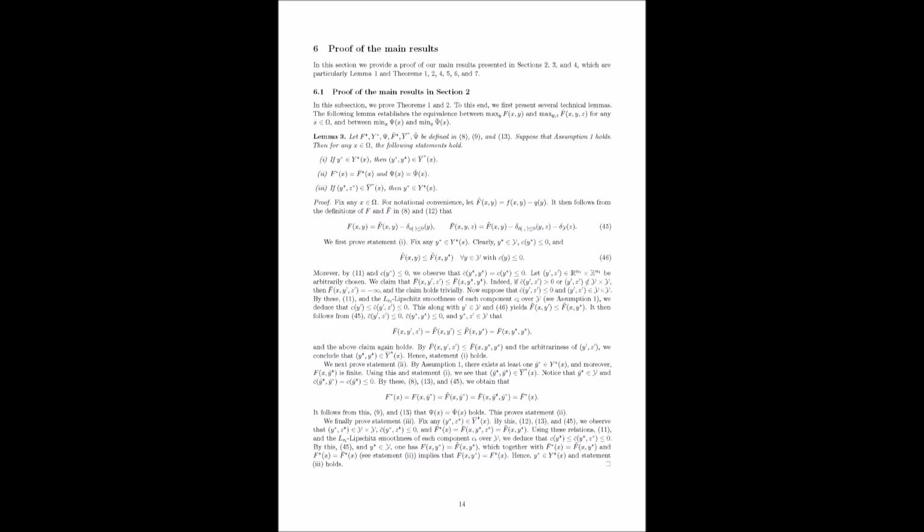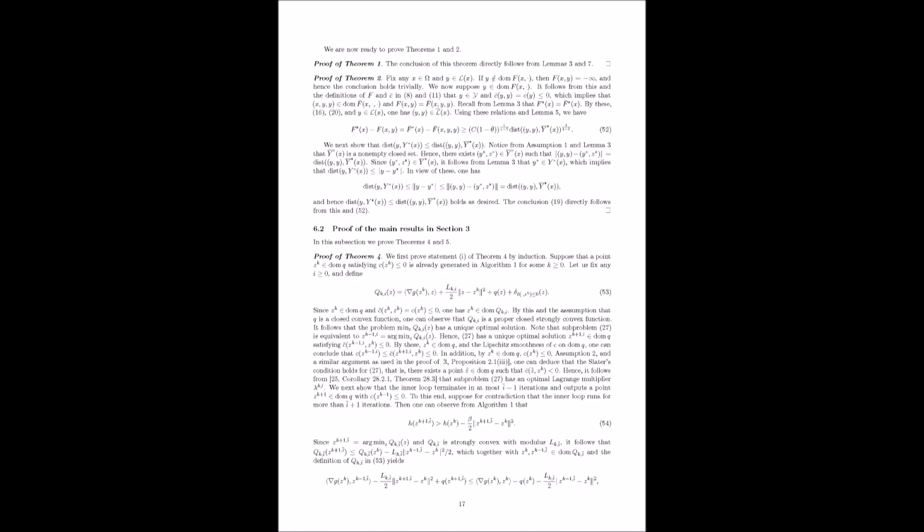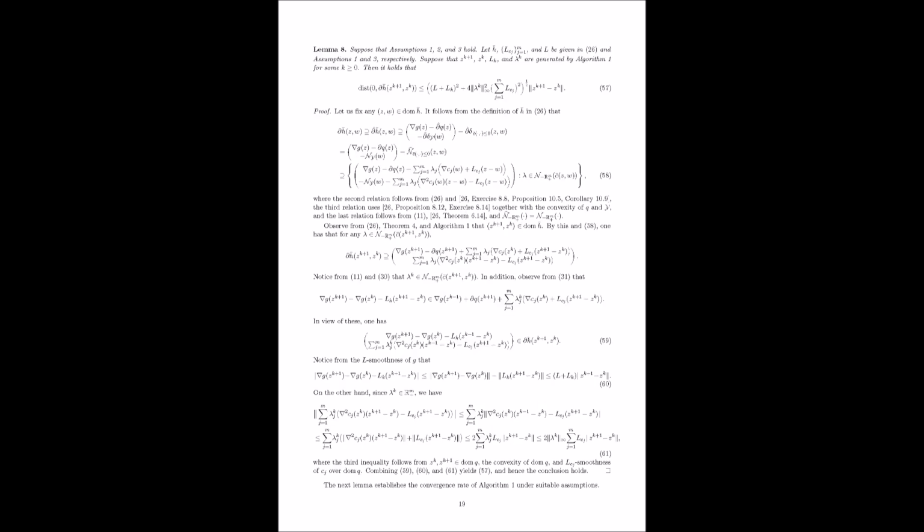How does the surrogate simplify things? Let's look at Formula 11, which defines its components. Okay, it's defined as the original constraint value at z, plus the first-order Taylor term around z, plus a quadratic term. Let's parse that. The first is the original constraint value at z, the second is the first-order Taylor term around z, and the last is a quadratic term. Right. If you remember Taylor's theorem for smooth functions, this is essentially a quadratic upper bound on the original constraint function, assuming it is smooth. So the surrogate is at least the original, for all y, z.